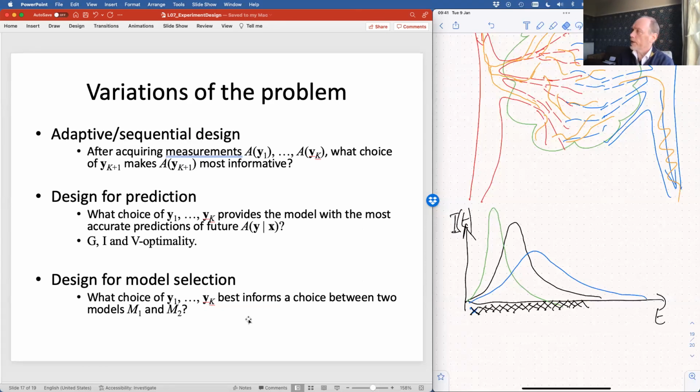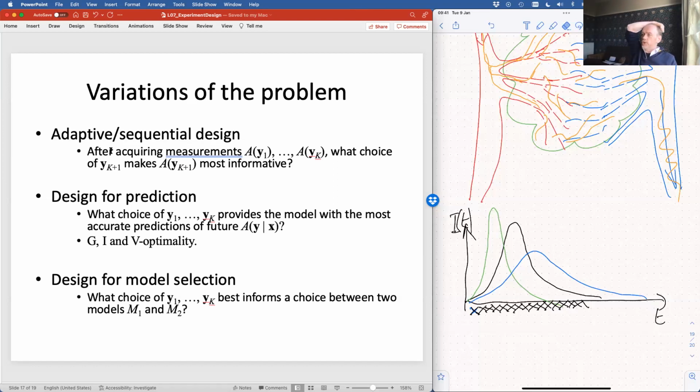Okay, just a couple of last variations on the problem and a summary to wrap up. So we've concentrated on quite a simple scenario, where we have a number of measurements to make, and we're just going to choose them all a priori and then go on and make those measurements in some application. But one variation is to do adaptive or sequential design, because one of the problems that we encountered